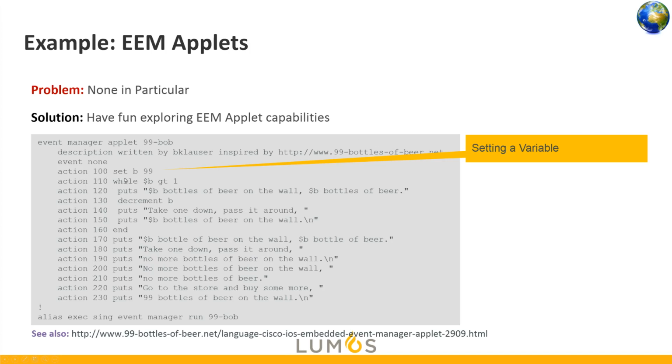Essentially we set a variable. The variable is called B, and we're giving it an integer of 99. Then we're doing a very quick while loop. While the variable B, $B, is greater than 1, we're going to echo, or write, or print